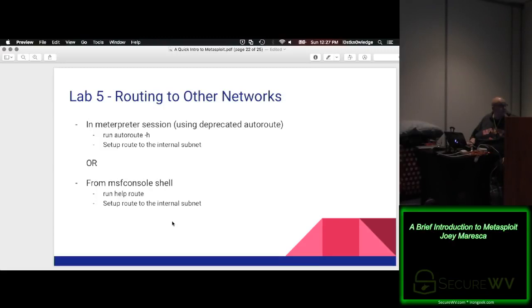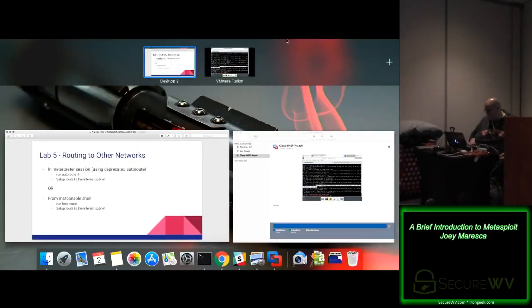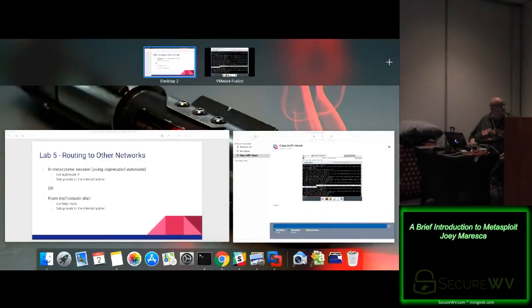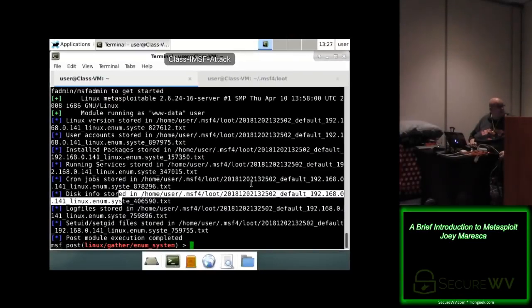So there's basically two primary ways to do this. The old way, which I'm sure Meterpreter will yell at us for trying to do, is